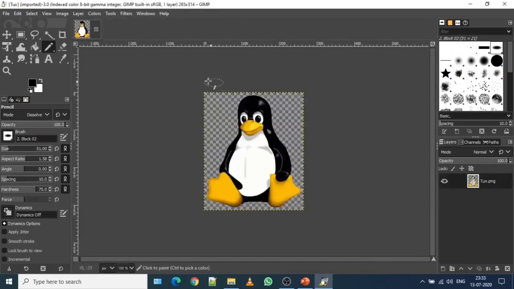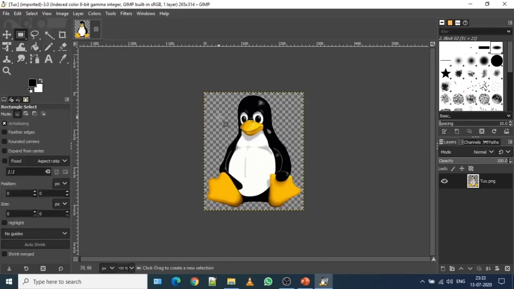Now your first basic tool is the rectangular tool. I hover my mouse over here. If you right click and select this option, and drag over this particular area of the image, the rectangular part of the image is selected.